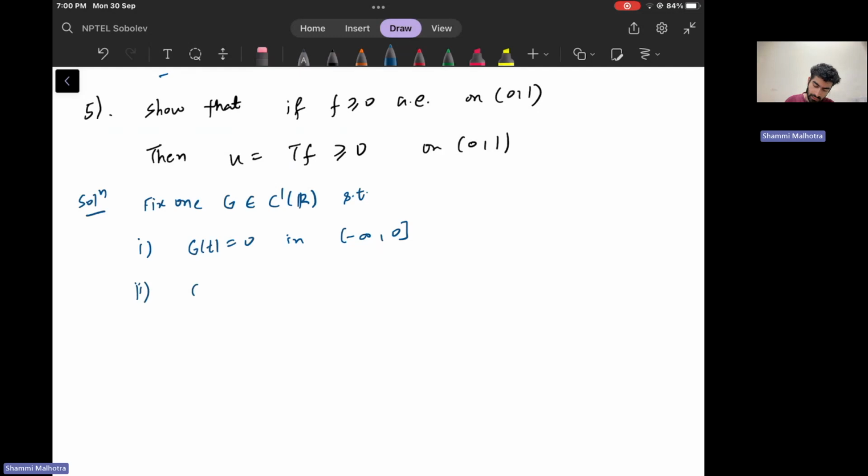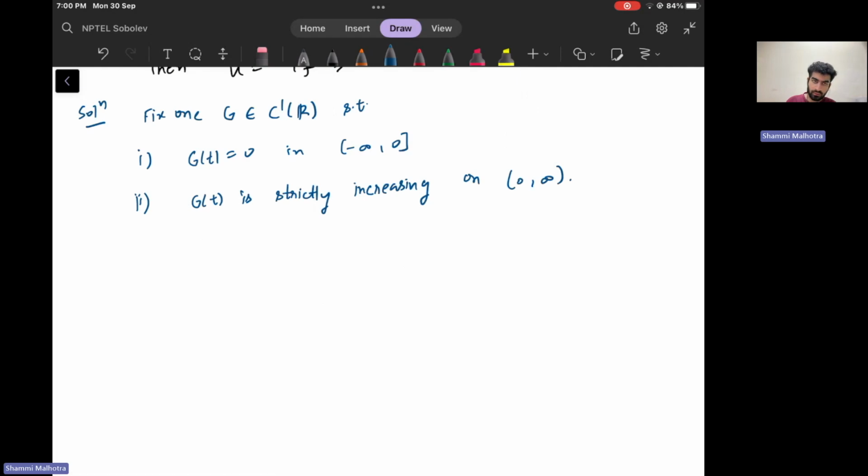Second, G(t) is strictly increasing on 0 to infinity. Now taking v equal to G of minus u,